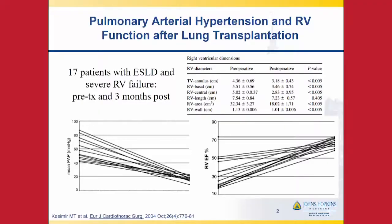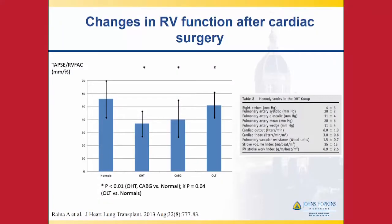What you can see here is there's really an inverse relationship between mean pulmonary artery pressure, as that declines after transplantation, and RV ejection fraction. All these patients with severe RV failure, all had ascites, normalized their right ventricular ejection fraction by 3 months. There was also evidence of right ventricular remodeling with reduction in RV size, tricuspid valve annulus size, and tricuspid regurgitation. But it turns out the lung transplant population actually is very different from a population of mechanical circulatory support